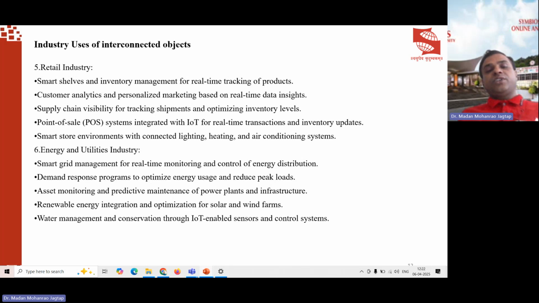Then energy and utility industry. In the energy and utility industry,